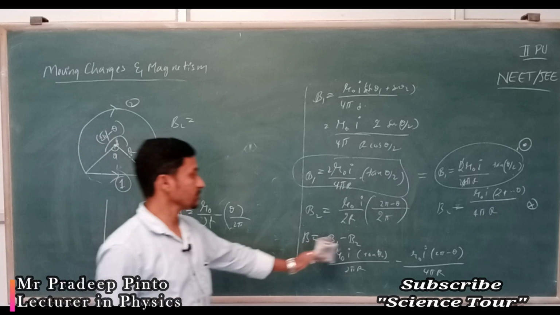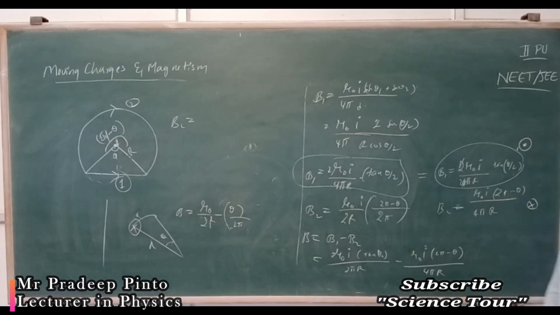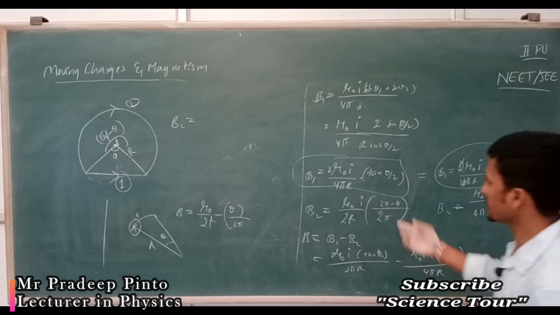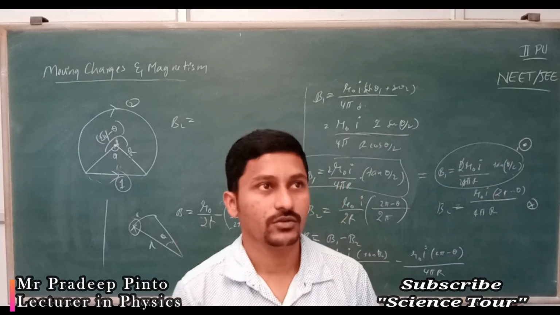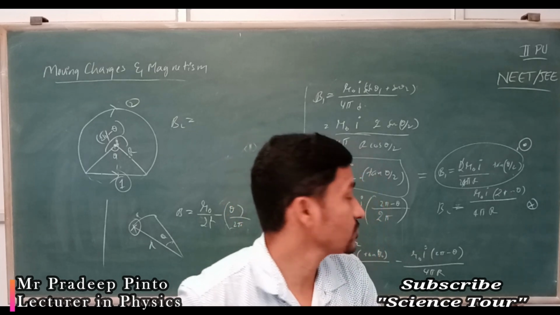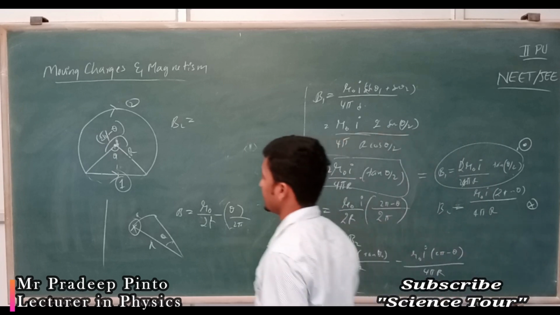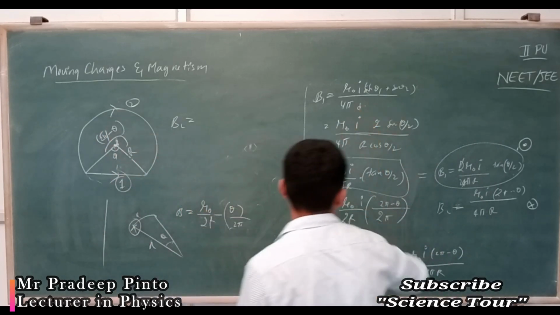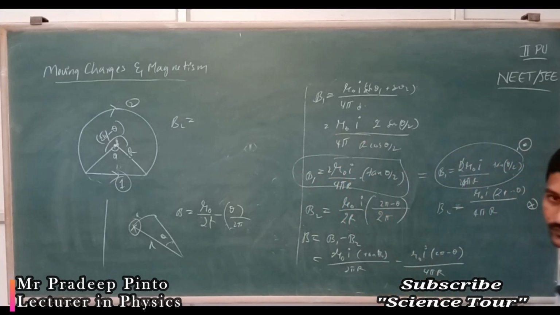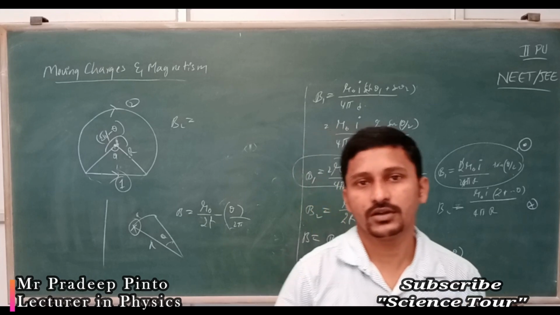But suppose at the last you get a negative value, it means negative of what we have considered. So now the question is, these are all the things you have to do. Yes, they are going to give the values directly. These are the general cases. Directly they are going to give the value and you have to apply it and get some value, or else they will give these formulations as options.